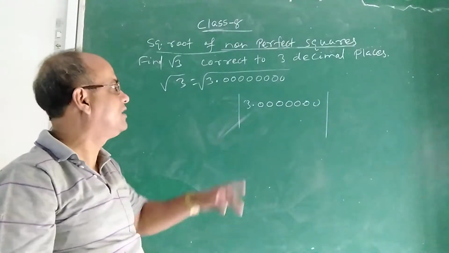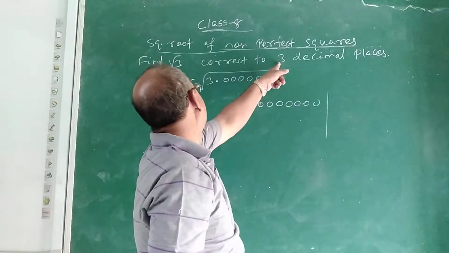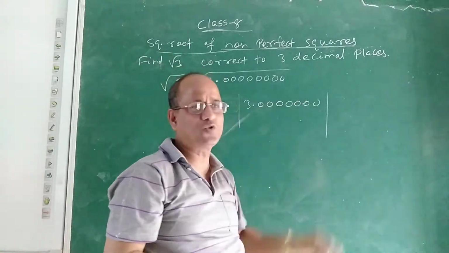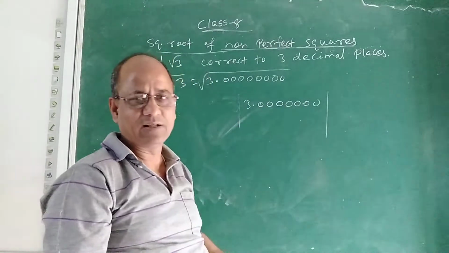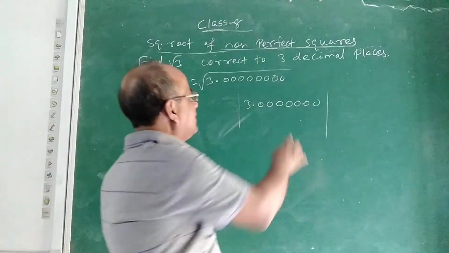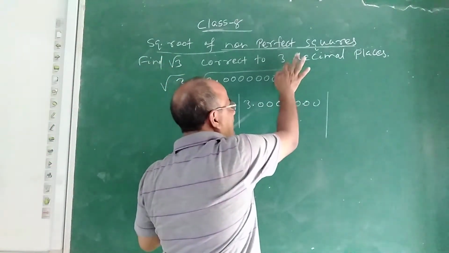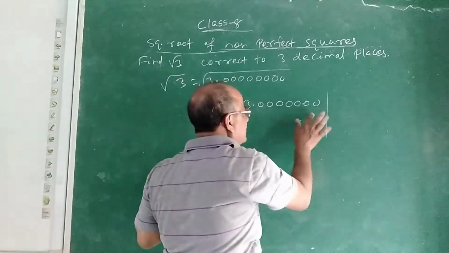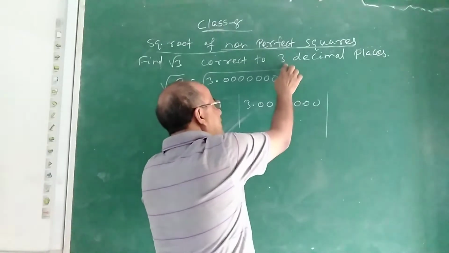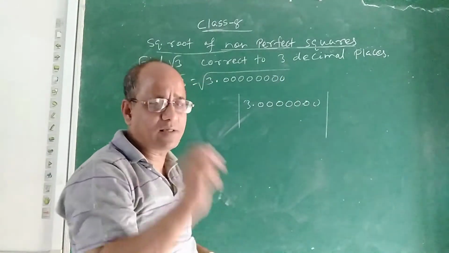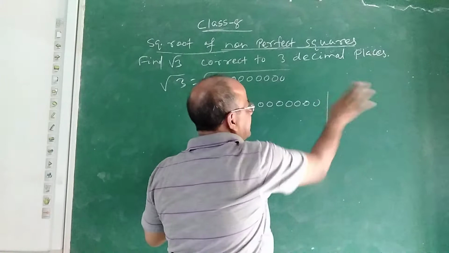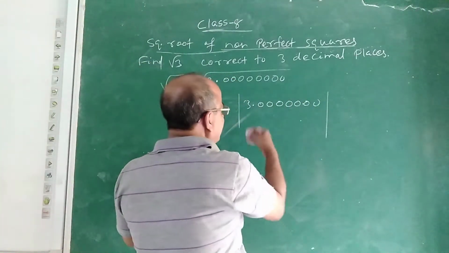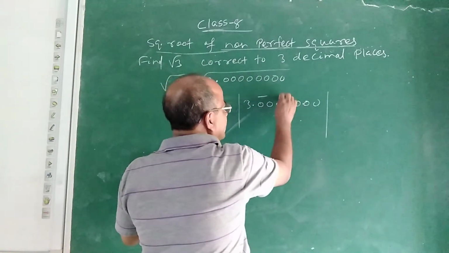Suppose we have to find the square root correct up to 2 decimal places. So how many decimal places should be there after the decimal point? It should be 6. If we have to be correct up to 3 decimal places, always take 8 digits after the decimal point. If you are asked to find the square root correct up to 2 decimal places, take 6 digits after the decimal point. Now you do the same thing in a similar manner.